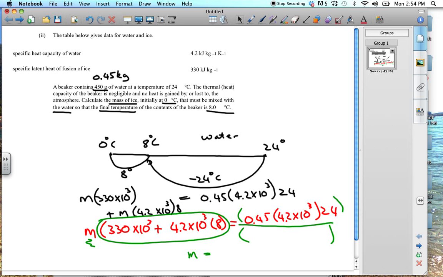Then I close brackets, then I divide and open another set of brackets and divide by all of this over here. So that's 330 exponent 3 plus, we don't need to put this in brackets because the calculator is able to handle this, 4.2 exponent 3 times 8, and I close my brackets, I press enter and I get